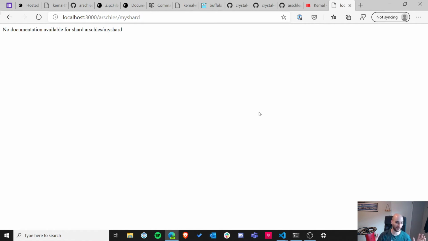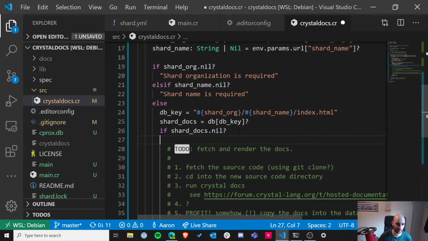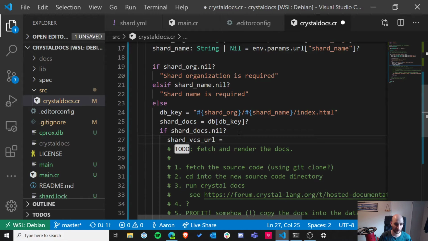For now I'm just going to do 80-20 and say GitHub is the thing. We'll figure out better places to download from, or a better way to figure out where to download the shards from, later. So we are going to go in here and say shard VCS URL, and that's going to be